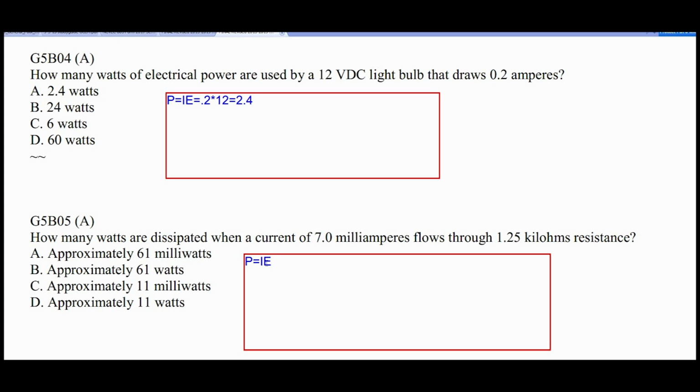What we don't know here is what the voltage is, and the voltage equals current times resistance. So we've got 7 milliamps times 1250 ohms equals,